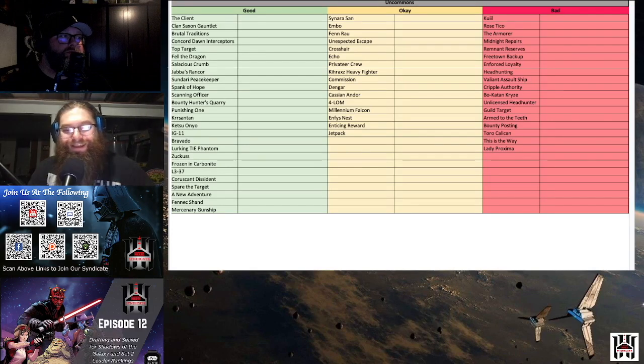What I think are not good cards, bad cards: Quell, Rose Tico is a little bit too niche. The Armorer, you need a lot of Mandalorians. Midnight Riders, or sorry, Midnight Repairs. Midnight Riders is something different. Midnight Repairs, Remnant Reserves, Freetown Backup, Enforced Loyalty, Head Hunting, the Valiant Assault Ship, Cripple Authority, Bo-Katan, Unlicensed Headhunter, Guild